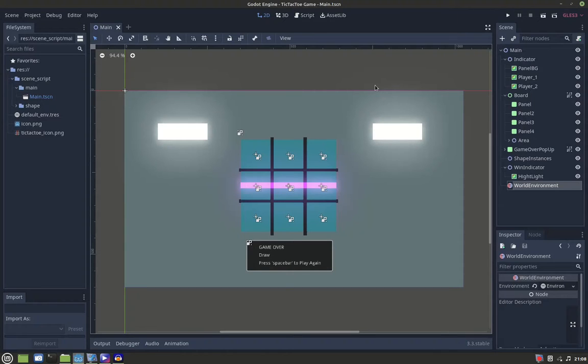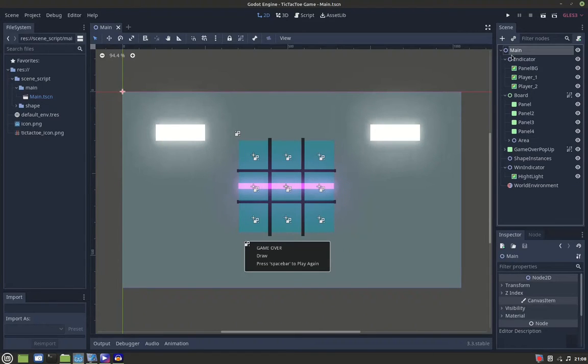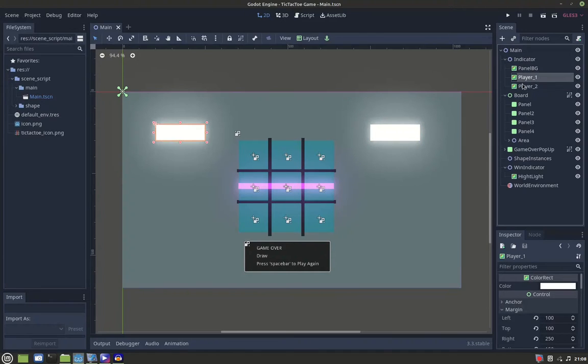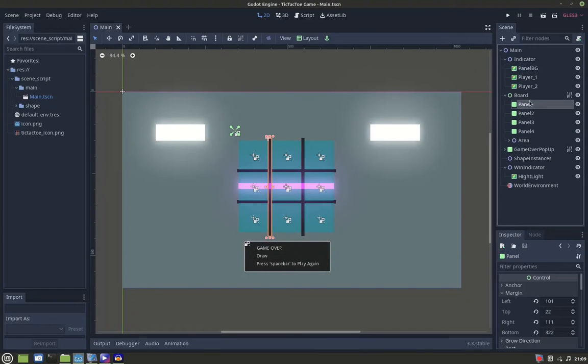Hey guys, welcome. So let's overview this scene. First we have the main scene, which is not 2D, and then the player indicator, and then we got the board, which has the line for the tic-tac-toe board,